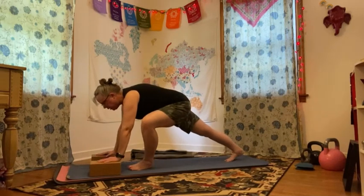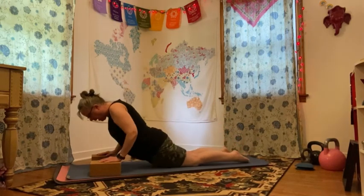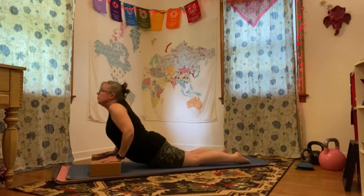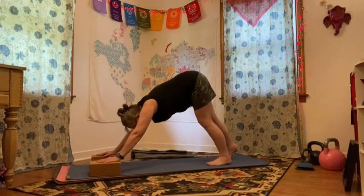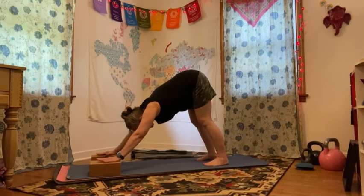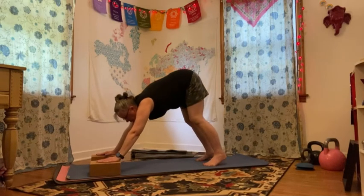Come back forward into that forward fold, up halfway into that flat back, to step back into your plank, knee down plank. Make sure that those girdles stay engaged. You use knees or not. Pressing yourself through to come up to your cobra or your up dog. And then lift yourself into your downward dog, pressing back through that back and lower body as you reach up with that front and upper body,